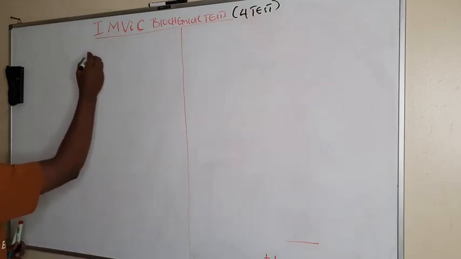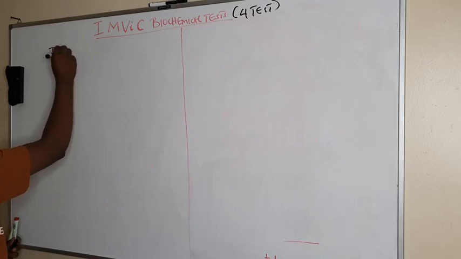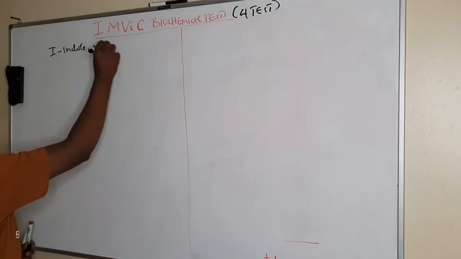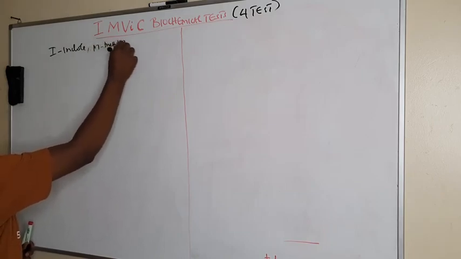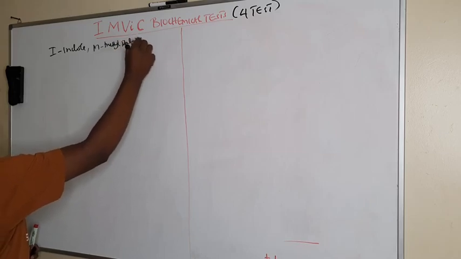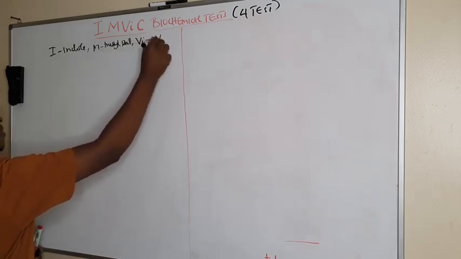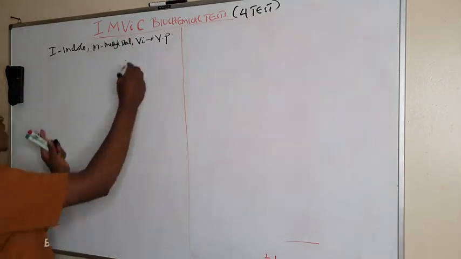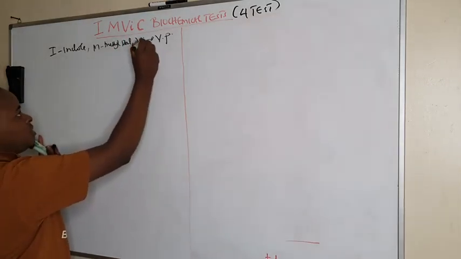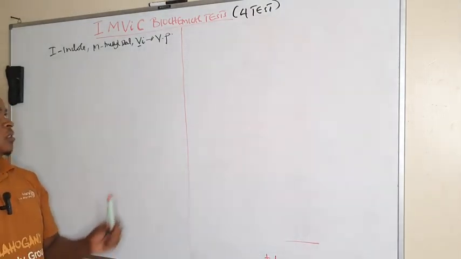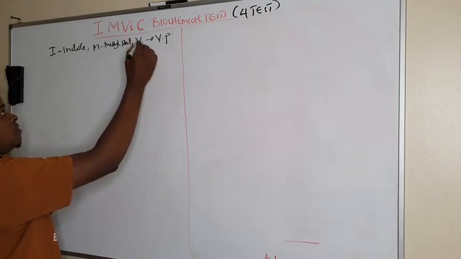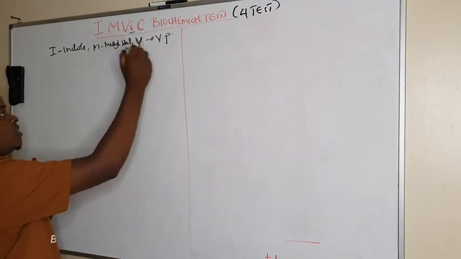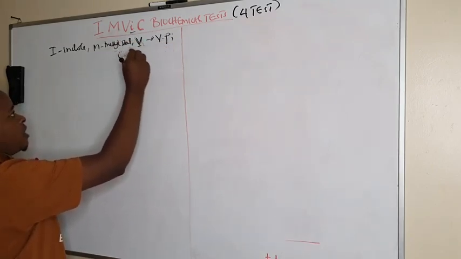We have said I stands for Indole, whereas M is for methyl red, VI is for VP, that is the Voges-Proskauer, where I does not indicate anything but is usually just to bring the mnemonic. So here the most important thing is the V, which stands for Voges-Proskauer. Then C is for citrate